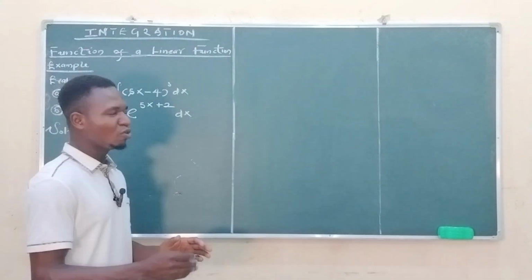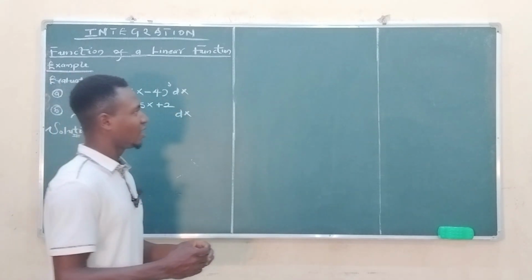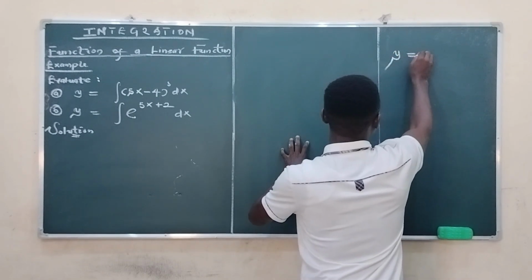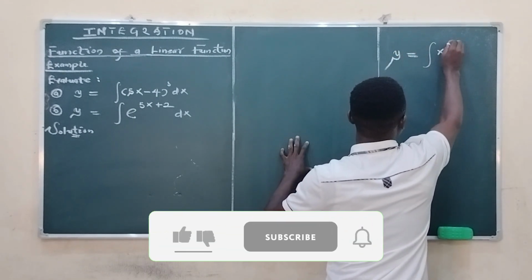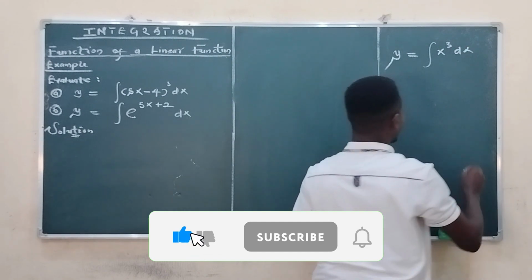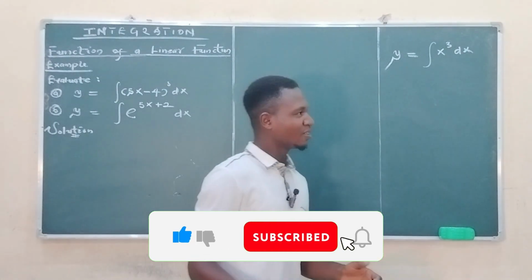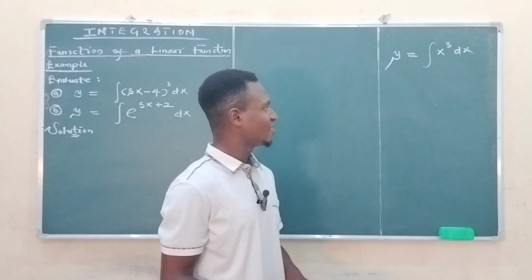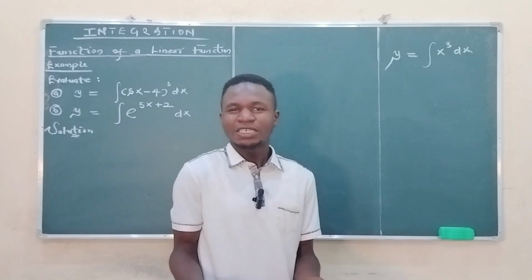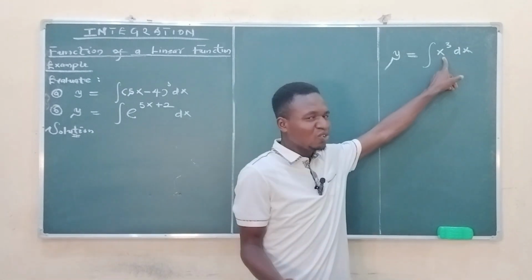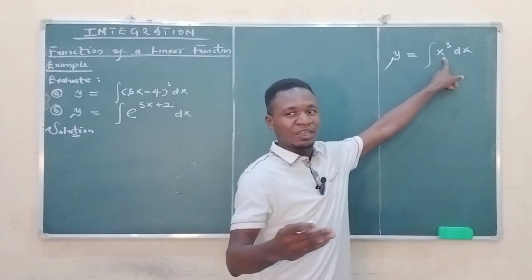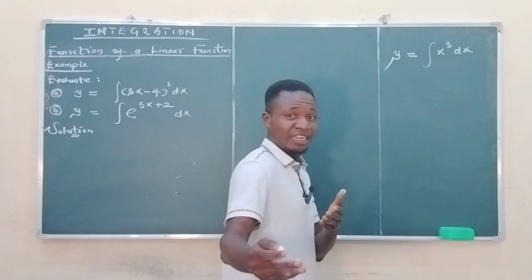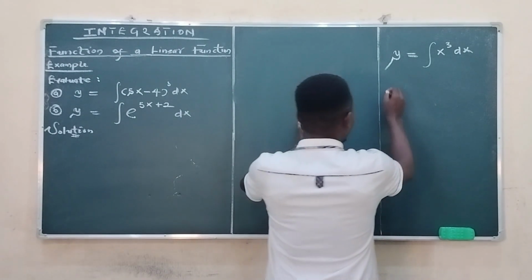Now, before we begin, we are going to draw a very simple analogy. Let us assume, as usual, a function. Let y be equal to the integral of x raised to the power of 3 with respect to x. And I believe that you can actually integrate that because x there is just a simple guy, as easy as it is. But what if x decides to change its mind and say, no, I don't want to be x anymore, I want to be something even more. In this case, we can simply replace x by a linear function or an expression, say replacing x